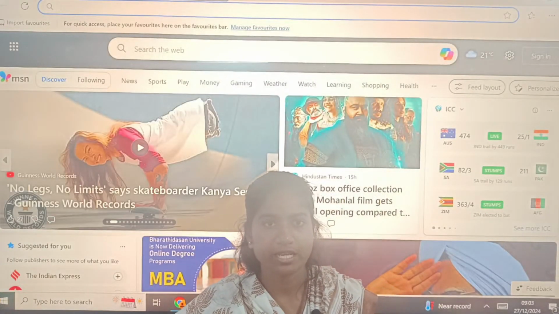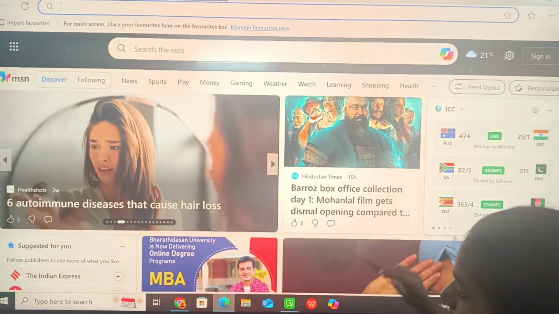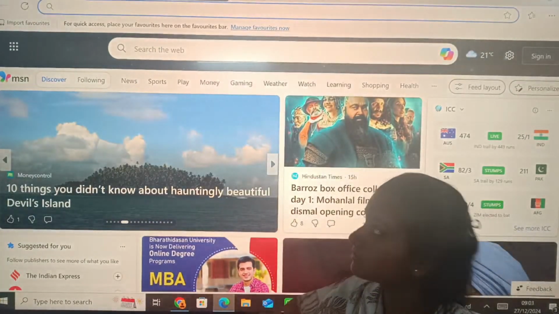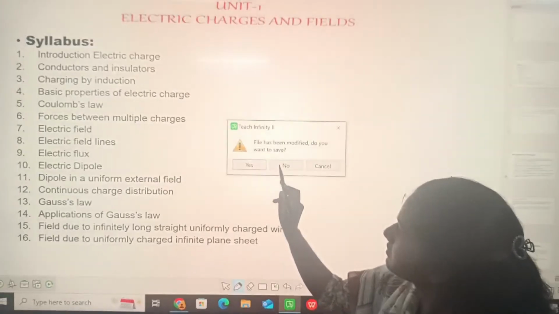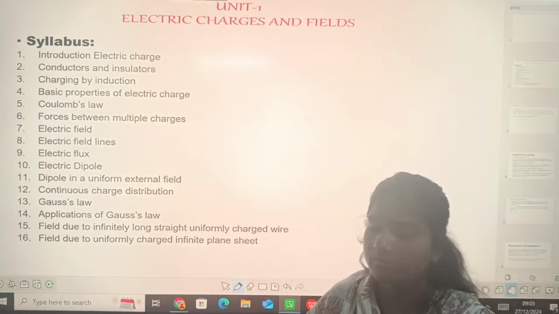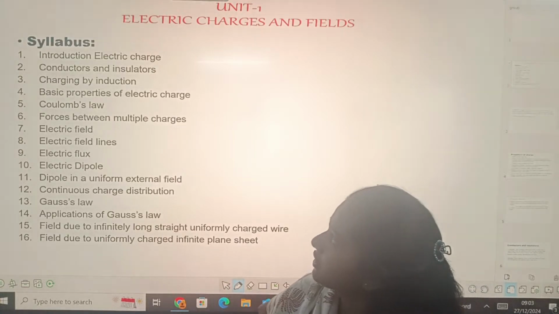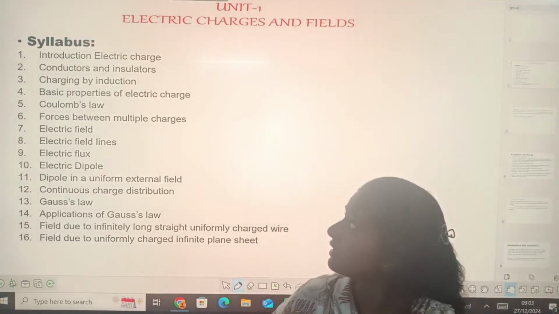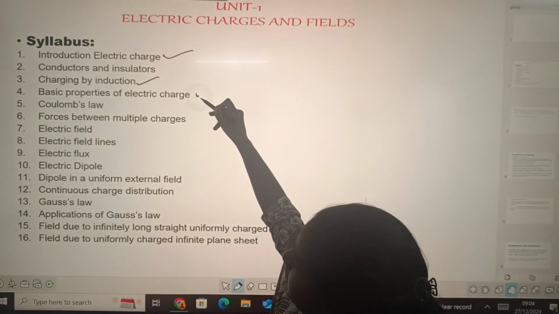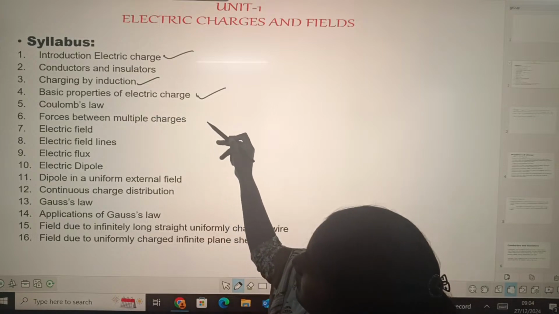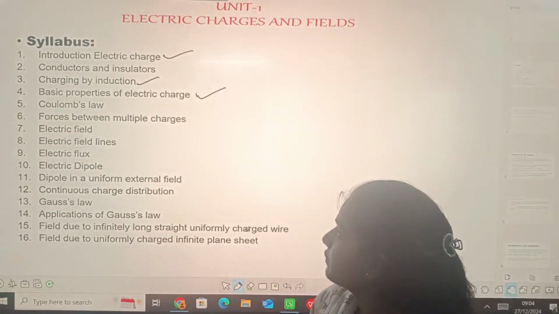So in yesterday's class we have discussed some concepts like introduction to electric charges, conductors and charging by induction, basic properties of electric charges, and yes, we have discussed these little things. So in today's class we are going to discuss about